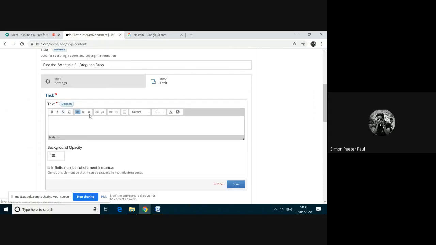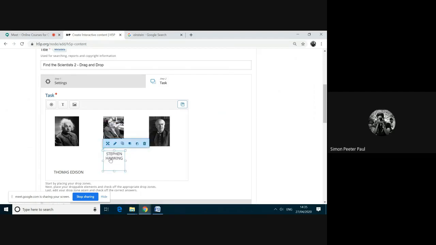To add the text again, I click this button. I'm aligning center. Stephen Hawking, and then I'm clicking done. Here I don't want to keep the answer in a straight line, so I'm moving this Stephen Hawking name here.